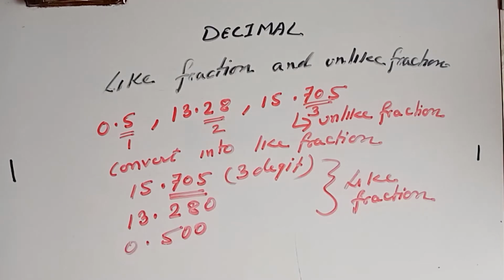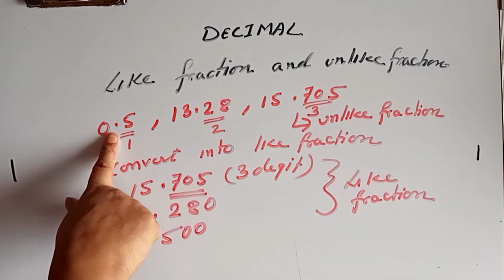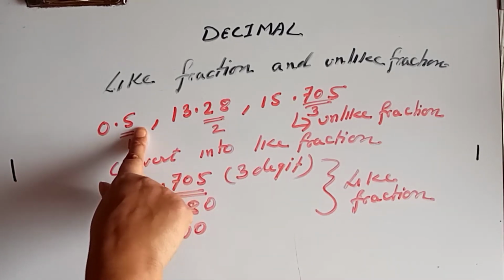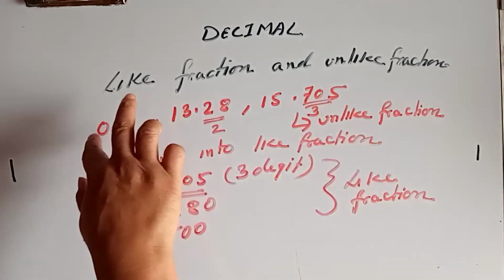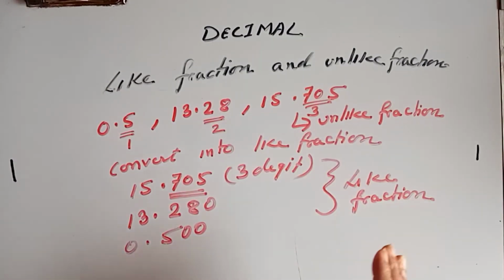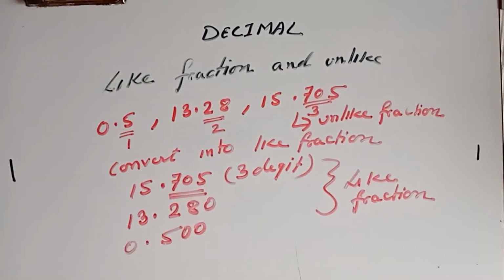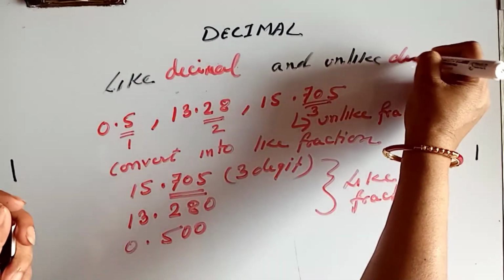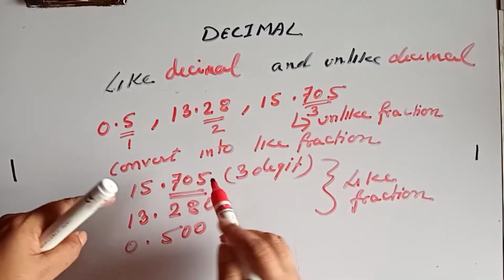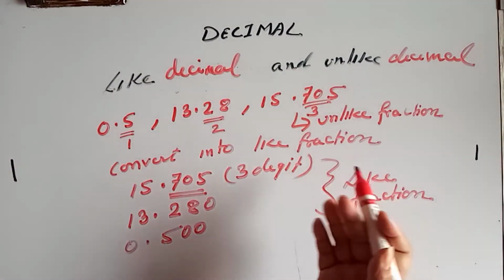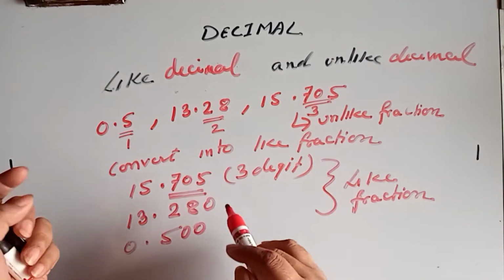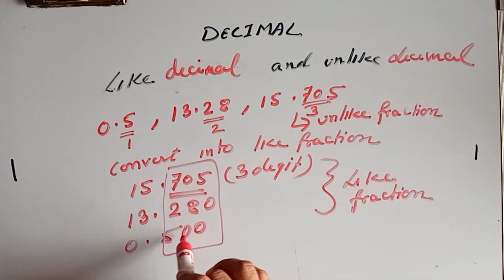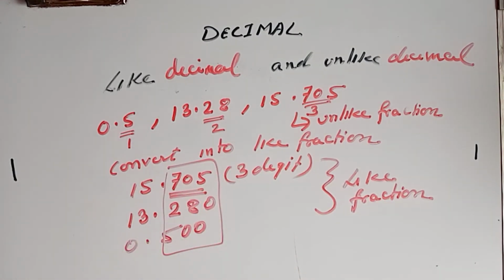Okay, now what we understood from here is that after the decimal we see how many digits are there. If different numbers of digits are there, now here in the first case it's having only 1 digit, 2 digits. Here after decimal there are 3 digits, so they are unlike decimals, not unlike fractions. Like decimal and unlike decimal. Okay, so to convert unlike decimals into like decimals, I need all the numbers after the decimal to be the same, 3 digits. So I have added zeros over there to make it like decimals.